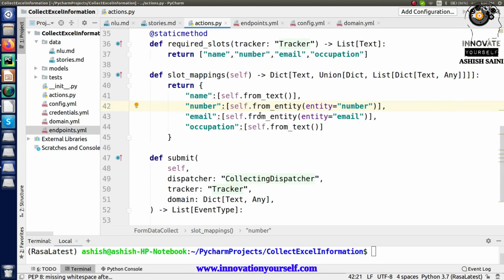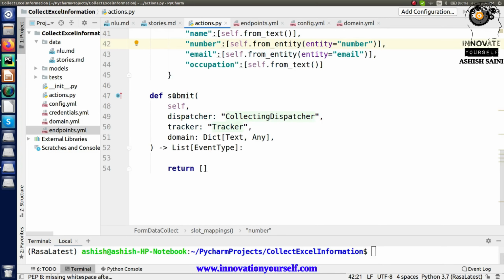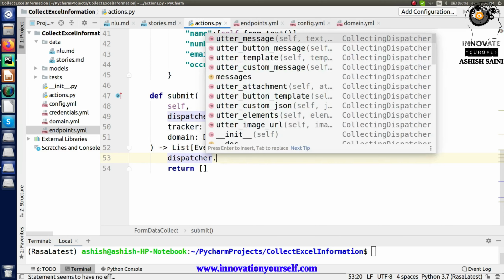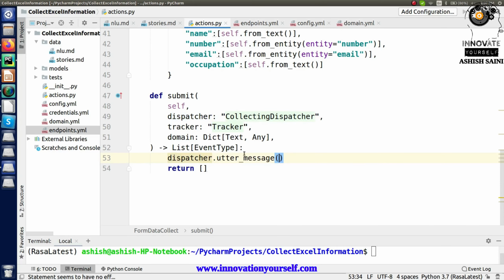And after that, when all the slots are filled, this submit will be called, right? So in the submit part, I will simply ask the user what the user wants to do. Let's say I'm going to call a message, and that message will be called from here.